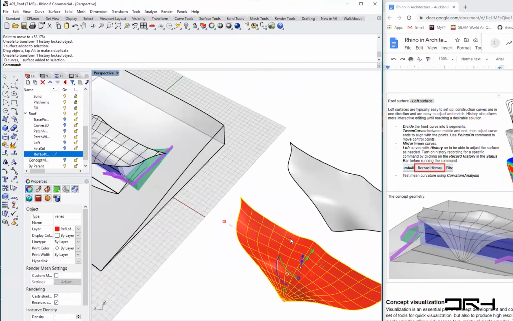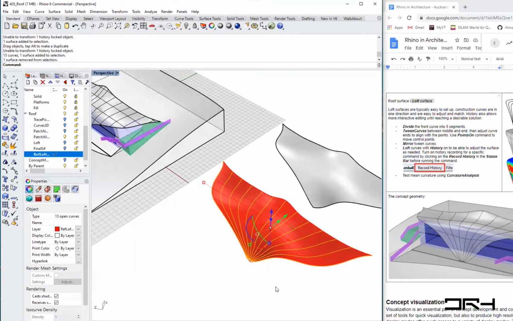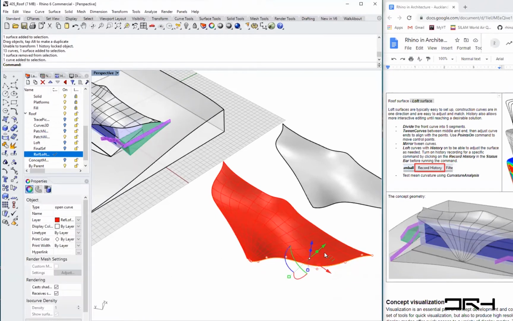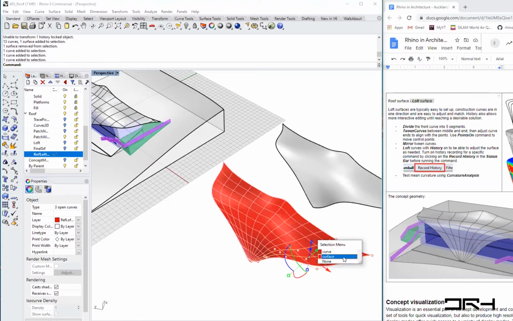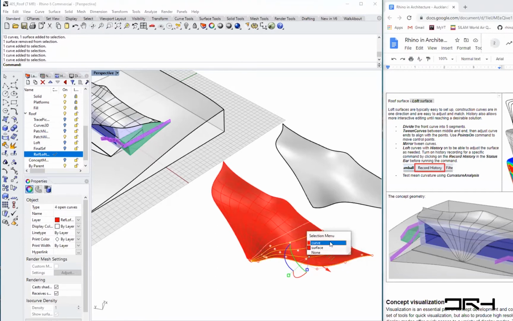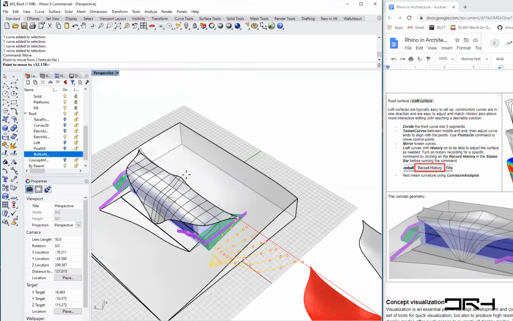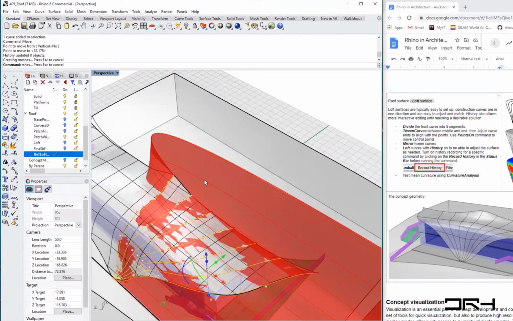And actually, you don't even have to select the surface, just the curves, and perhaps even just the end curves here, because all the other curves are locked because we used the mirror command. So if I select only these central curves and move them using the end here and this,